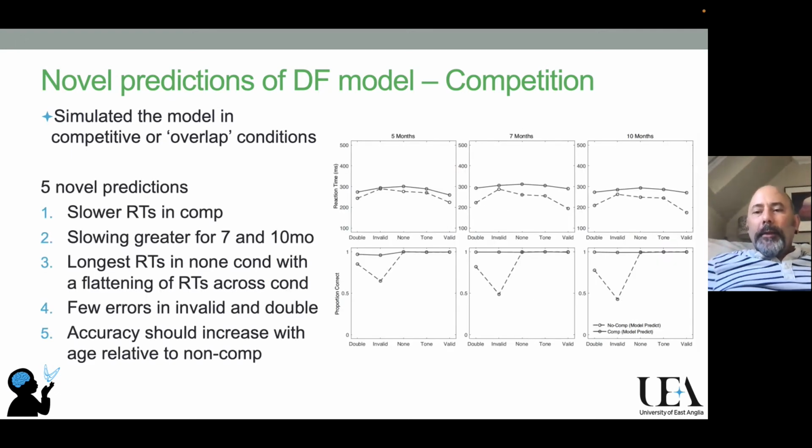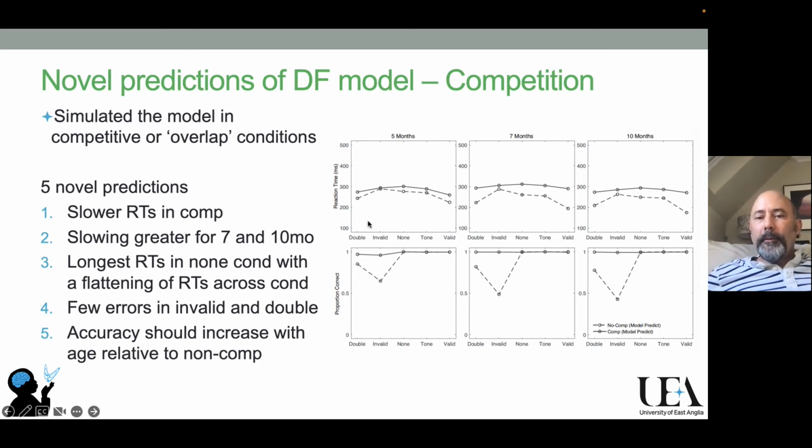When we simulated these competitive or overlap conditions in the model, we were able to generate 5 novel predictions. What you're looking at here are simulations of the 5, 7, and 10-month-old models. The dashed lines are the Iowa conditions I just showed you previously. So these are the actual simulated data from the 2015 paper I've been discussing. And the solid lines are simulations of the exact same model with the exact same parameters, now shown in the